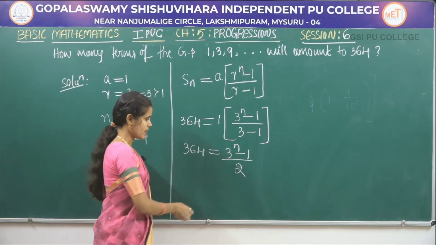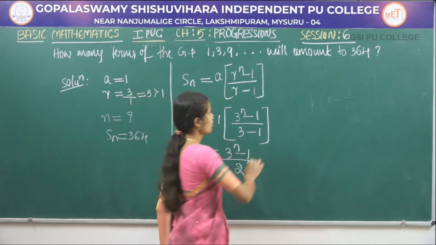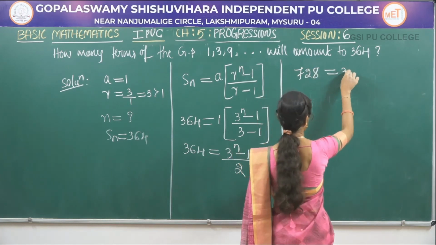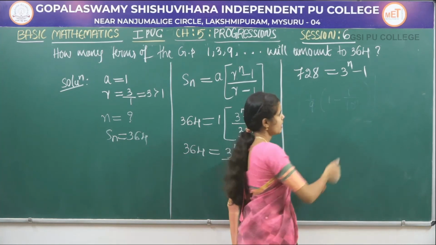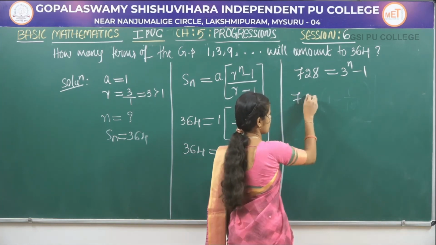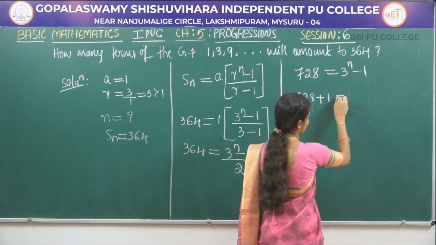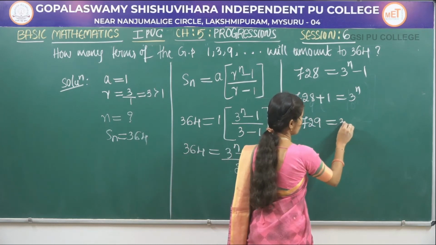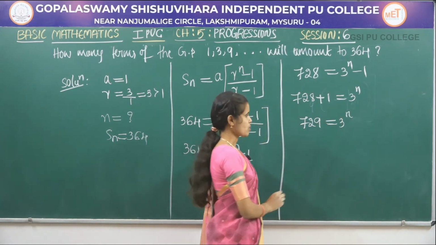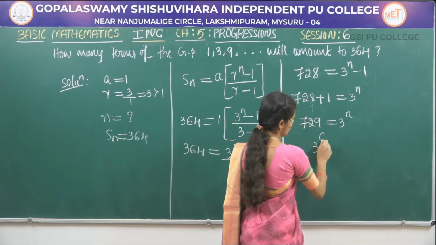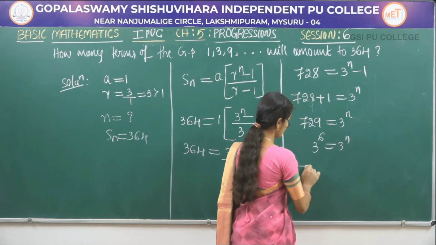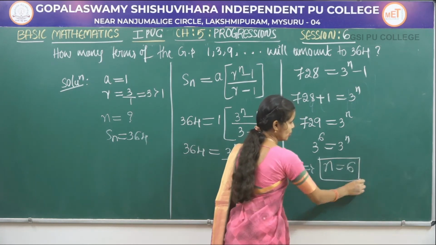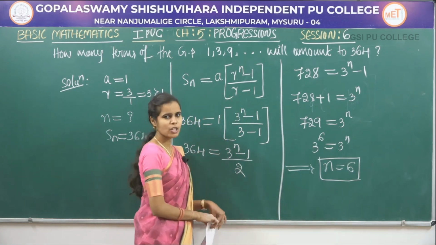3 minus 1 is 2. Next cross multiply here. 364 into 2 is 728, which is equal to 3 to the power of n minus 1. Next take this term to the left side. 728 plus 1 is equal to 3 to the power of n. So 729 is equal to 3 to the power of n. 729 can be written as 3 to the power of 6. So we get n is equal to 6. Therefore 6 terms are required to make the sum